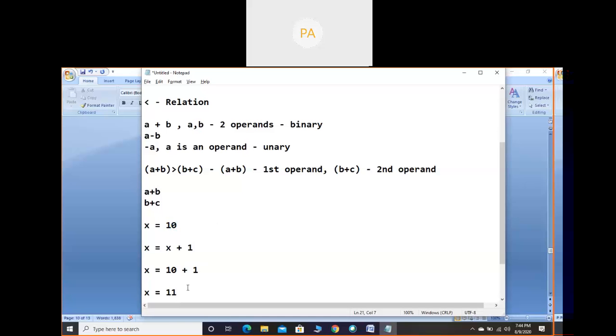That is the meaning of x equal to x plus 1. So, from this statement we can understand very easily. Plus means what? Plus is used to add. After the plus, whatever value we write, it will add. So for example, if I write x equal to x plus 10, then you can consider 10 plus 10.